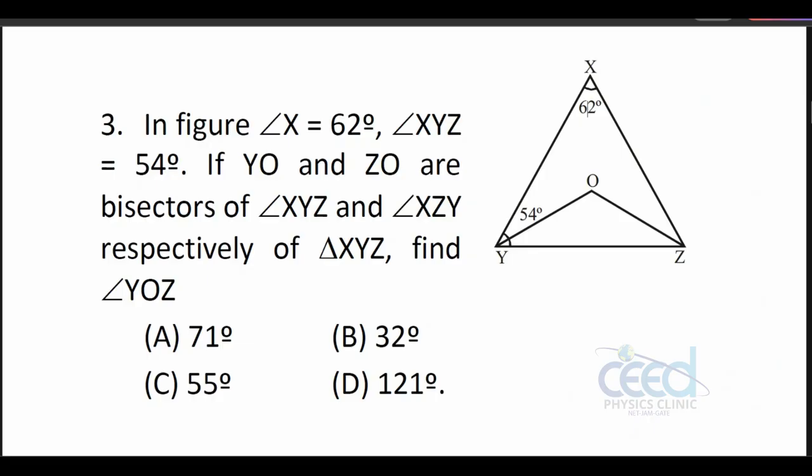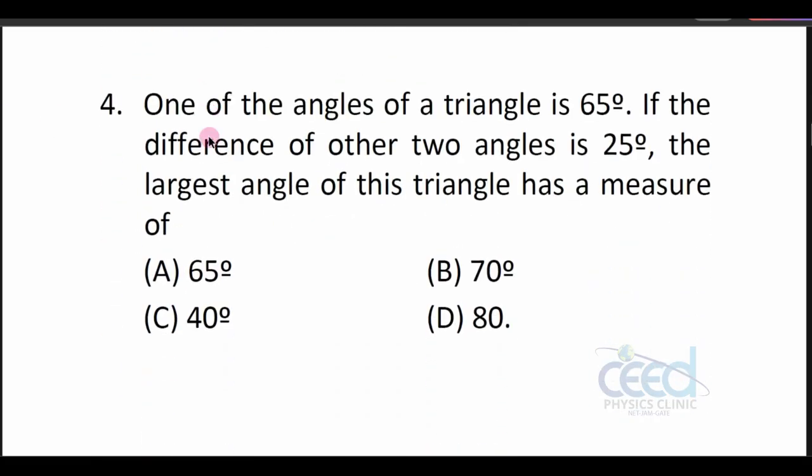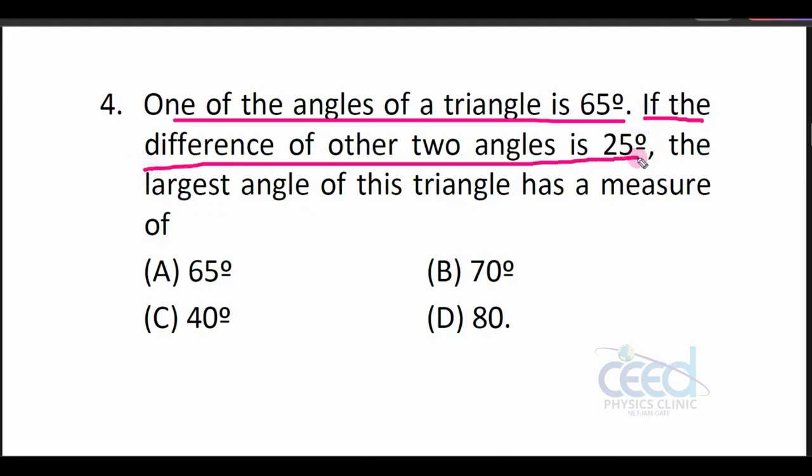Now let us go to another question. See, the question is, one of the angles of the triangle is 65 degree, right? If the difference of the other two angles is 25 degree, the largest angle of this triangle has a measure of,